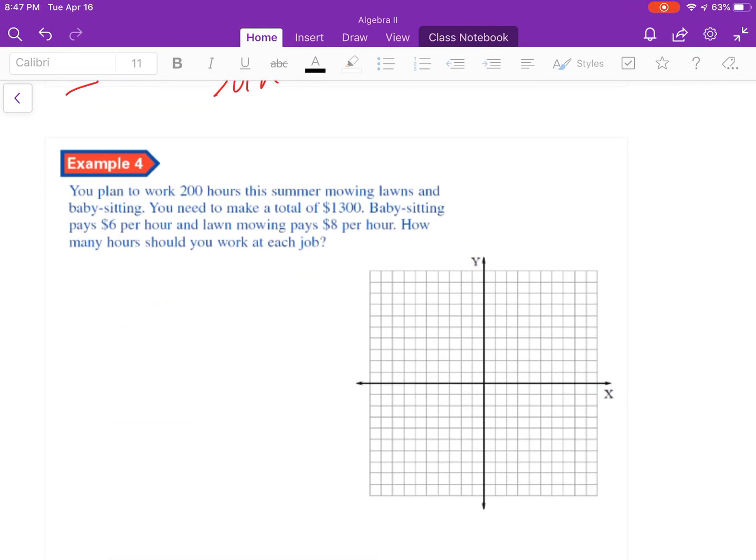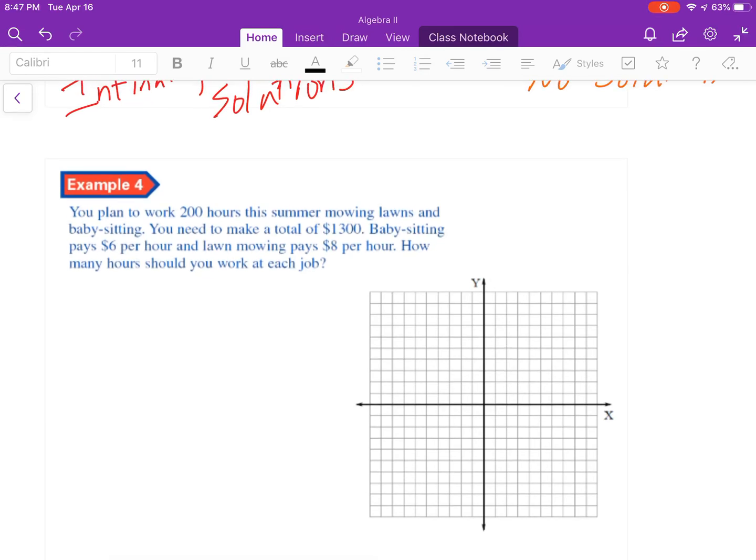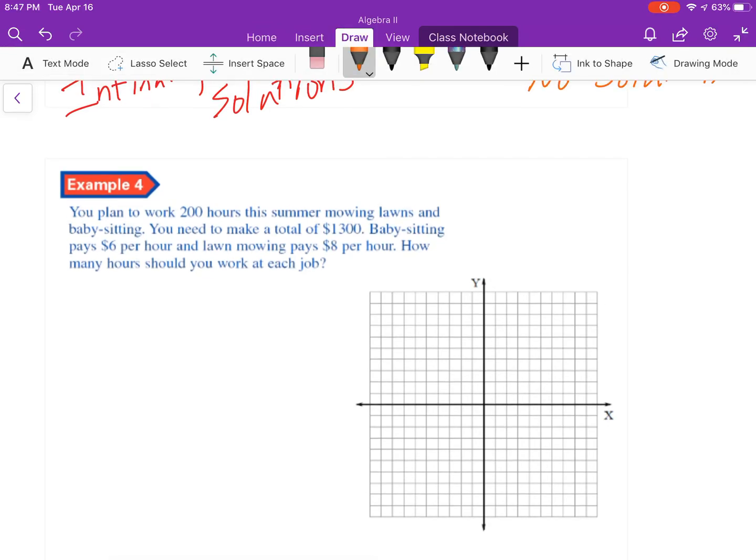Okay, so you plan to work 200 hours this summer mowing lawns and babysitting. So you need to make a total of $1,300. Babysitting pays $6 per hour, and lawn mowing pays $8 per hour. How many hours should I work each job? So I like to identify the unknowns. In other words, write down what X stands for and what Y stands for. So X is the number of hours